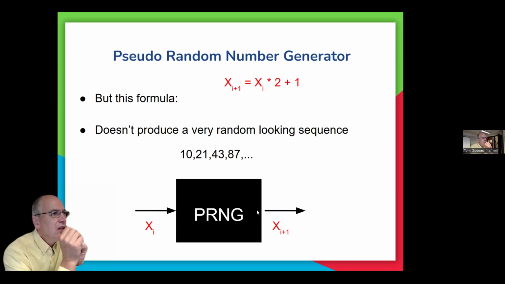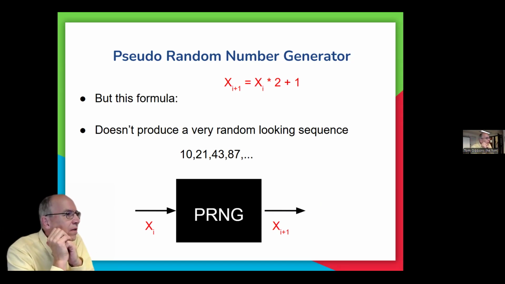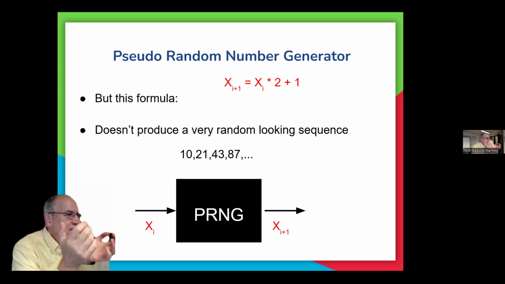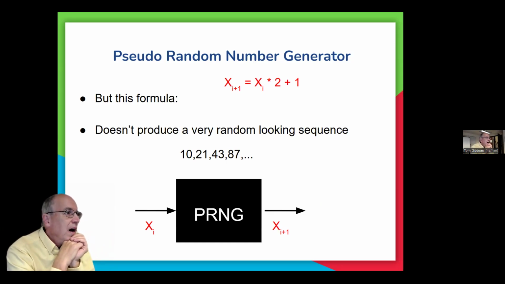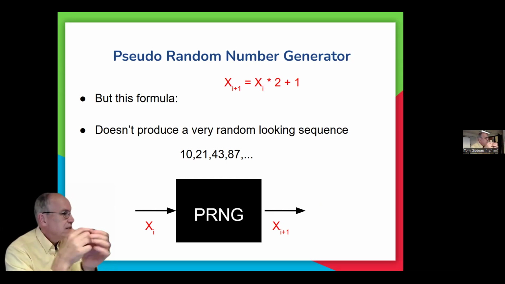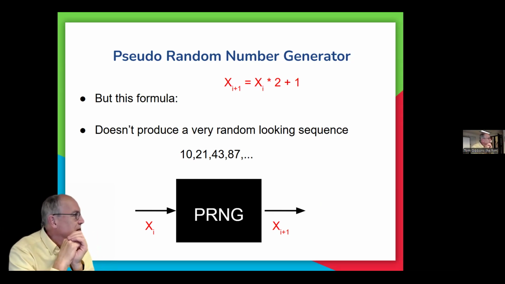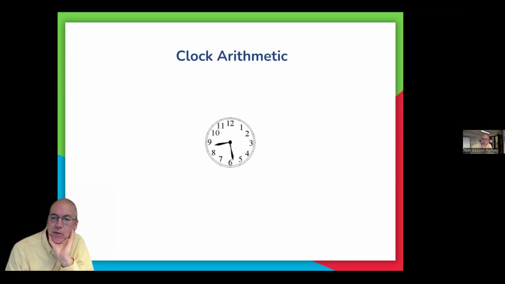You may notice this doesn't look very random: 10, 21, 43, 87. If I asked you what the next number is, you could guess at it pretty well. It's probably going to be pretty big, since they keep getting bigger and bigger, so maybe 160 or something in that range. It's probably not going to be 4, and it's not going to be 2 million. So it's not very random, and we're going to have to make this a little more random. So we have to talk about